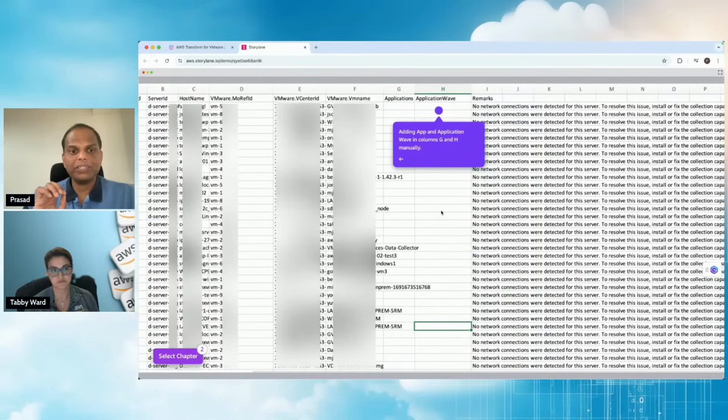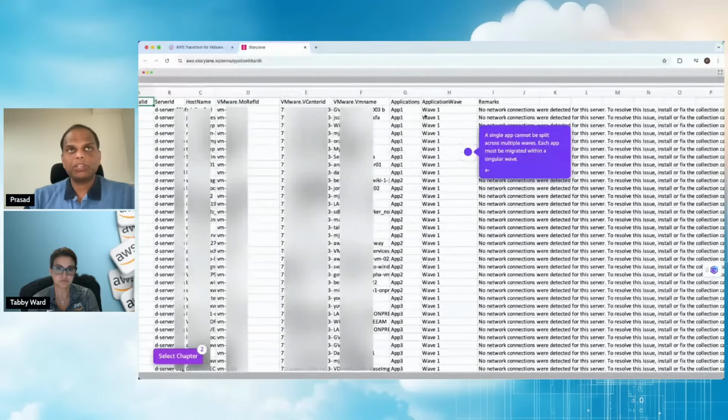If the AWS data had been present, you would be able to look into this and make edits. But since it is not present, we are going to edit it manually, add the information, and provide it back to the system.